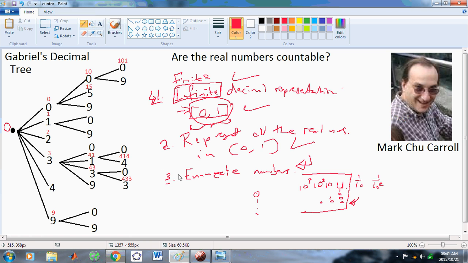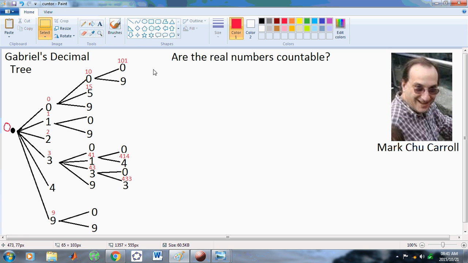Okay. All right. So now let me just get rid of this here. So, clear up some space. Okay. So Carroll did not have a problem with representation of all the numbers in the interval 0, 1. He had no problem with that. Now, let me explain what these little red numbers mean here, because that's crucial to my argument that if the real numbers in the interval 0, 1 are represented by decimals, you can